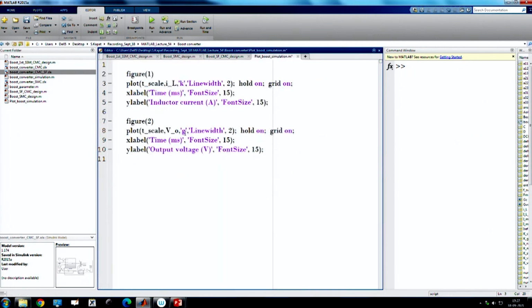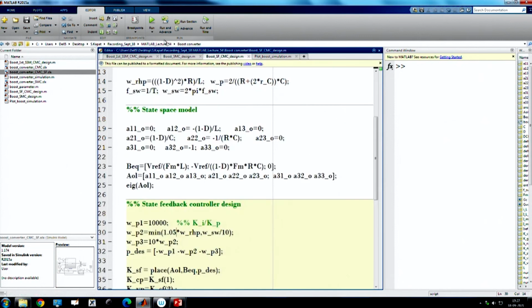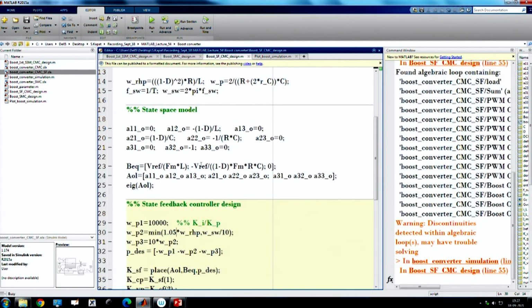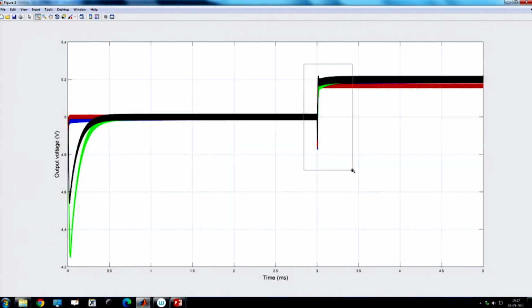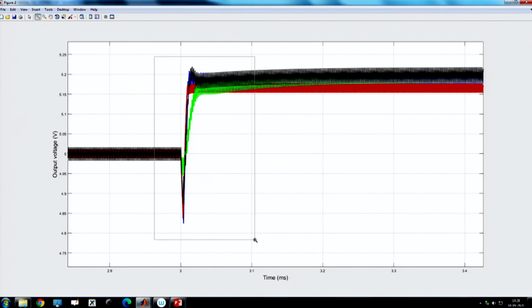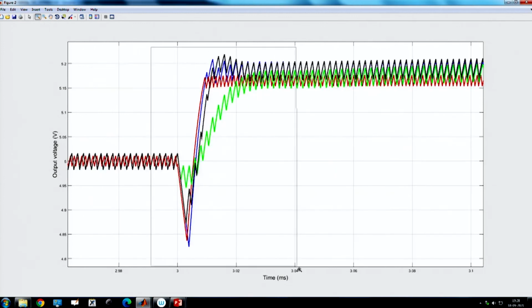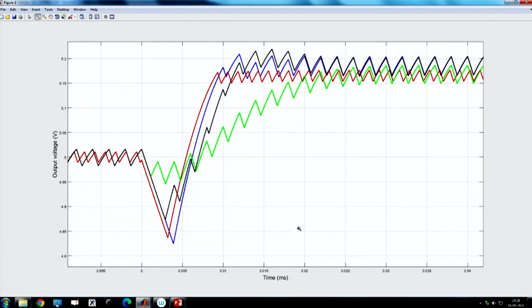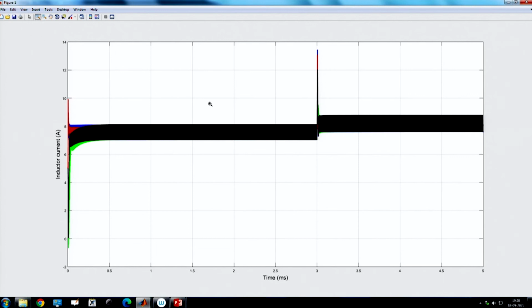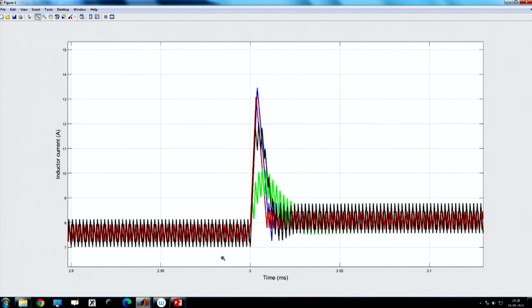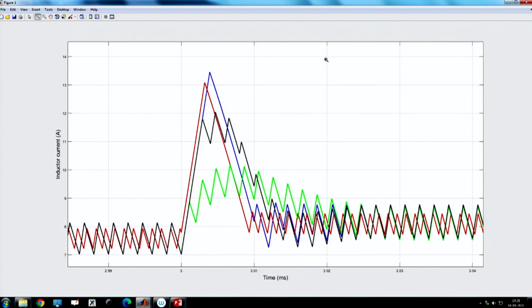So, the linear model is not at all valid, and as per the linear model it is unstable, but we want to see what happens in this case. So, let us see. The black color is the one. You will see it is not unstable, that means you are getting even fast response. It is not time optimal, but it is somewhat close to time optimal, because there are multiple switchings, and if we compare the current waveform,